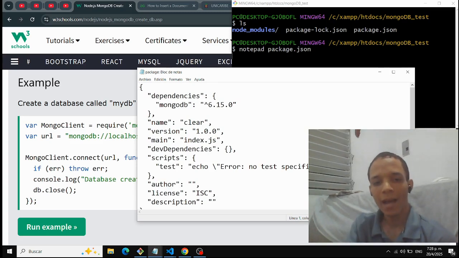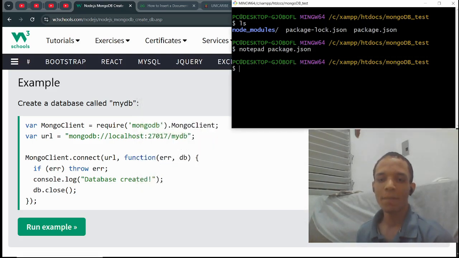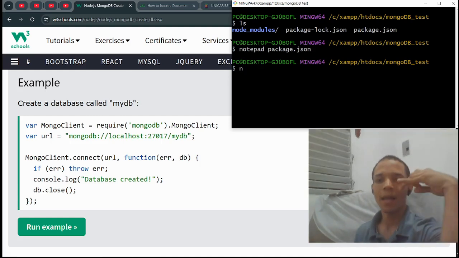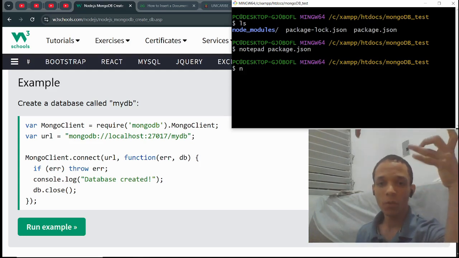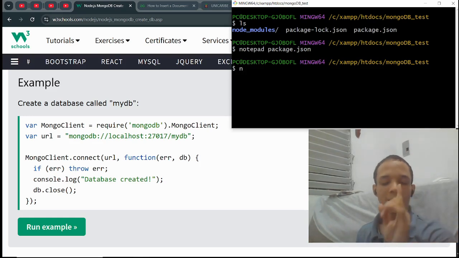I was expecting that, but it's better to run the npm init first rather than just installing the package first, because the package usually installs Express and MongoDB together, and that's why it creates the package.json together, but it's not the most recommended